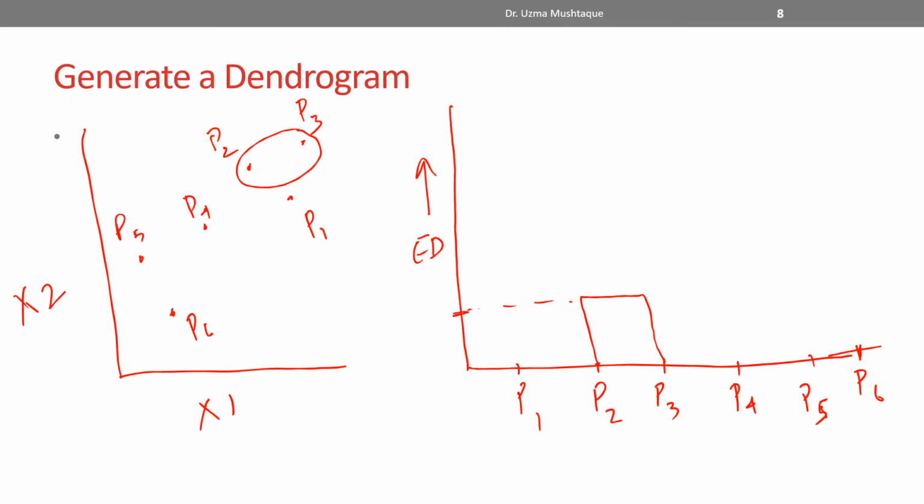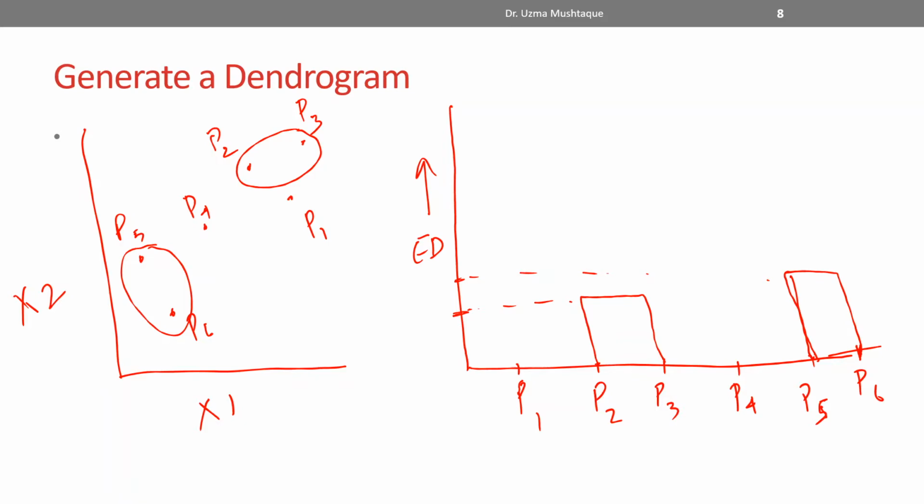This is the first step, and this represents how dissimilar these 2 points are. Think about how dissimilar these points are, and the lowest dissimilarity is between P2 and P3. So that's the first linkage that we created, right? Now next I found out that let's say 5 and 6 were nearest, right? These are the clusters that I'm left with. And then their Euclidean distance was somewhere here. So I'll draw the 5 and 6 linkage like this, right? Okay, so this was step 2.